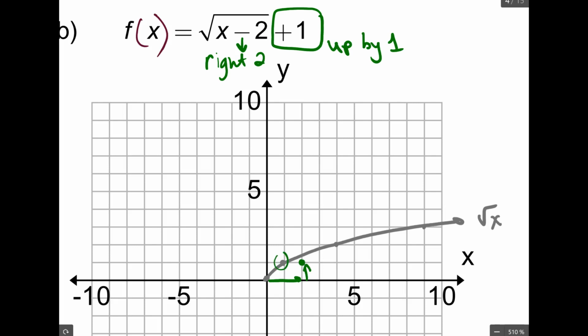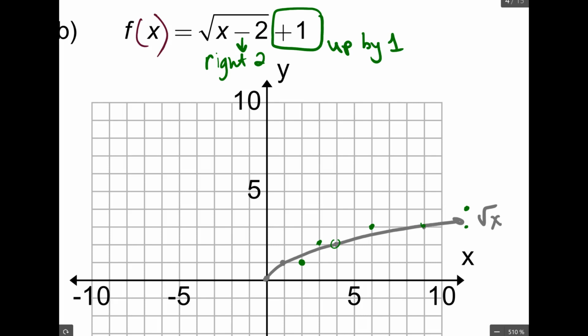And then I take this point, over 2, up 1. This would be here. Oops, wait. Over 2, up 1. Yes. And then this one, over 2, up 1, is right there. This point over 2, up 1, so it's going to be right there. Okay, so let me just erase these little